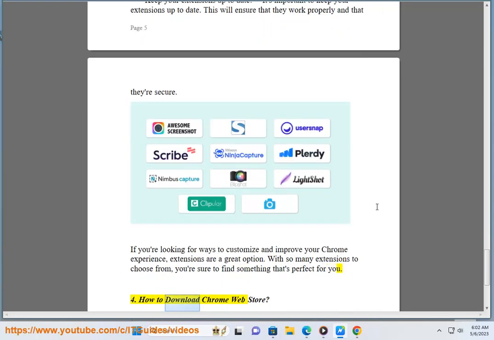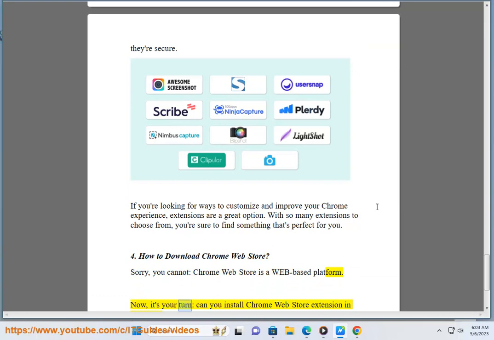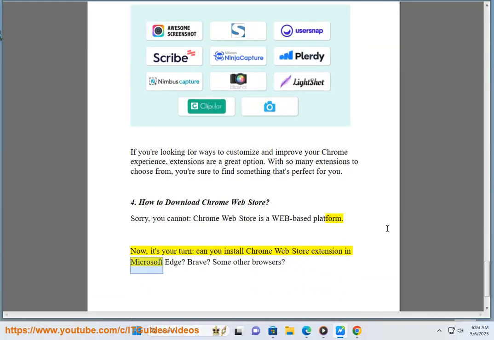4. How to download Chrome Web Store. Sorry, you cannot. Chrome Web Store is a web-based platform. Now, it's your turn. Can you install Chrome Web Store extension in Microsoft Edge, Brave, some other browsers,